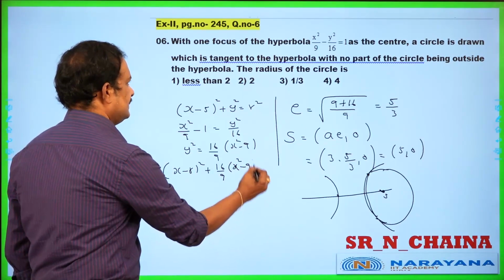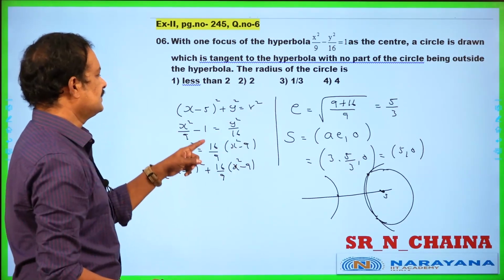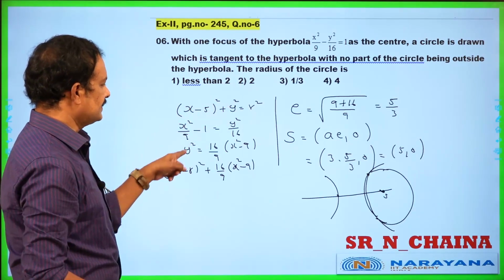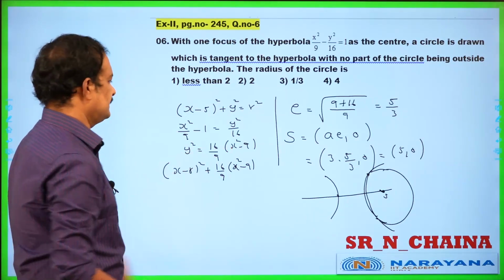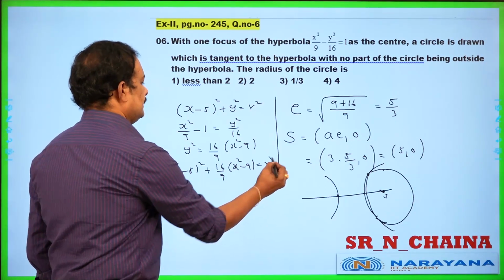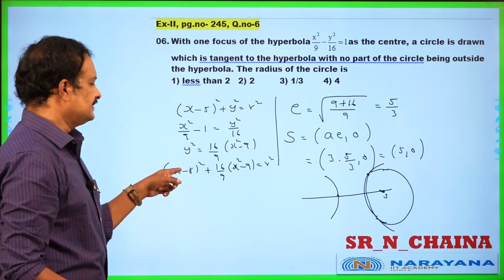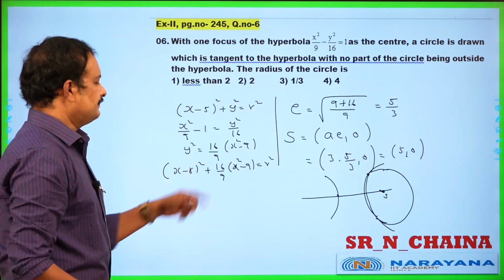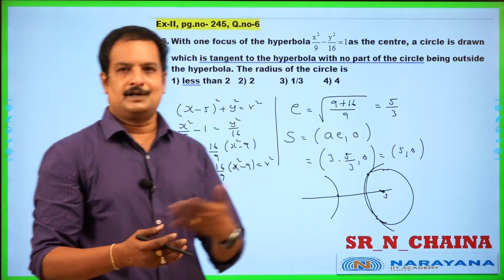Okay, this is x square minus 9, and that is equal to, this is what I am just substituting, this y square value. Okay, please check this one. This is x minus 5 whole square plus y square. Y square is 16 by 9 into x square minus 9, obtained from the hyperbola equation. So I am just substituting that value. This is equal to what? R square. Okay. Now it is a quadratic in x here. You are going to get a quadratic in x here. Okay, this is x minus 5 whole square plus 16 by 9 into x square minus 9 equal to r square. So for this one, delta should be applied. Delta is equal to 0 should be applied. What is the reason?